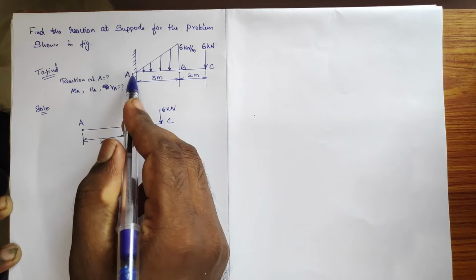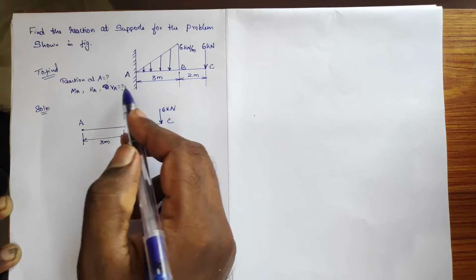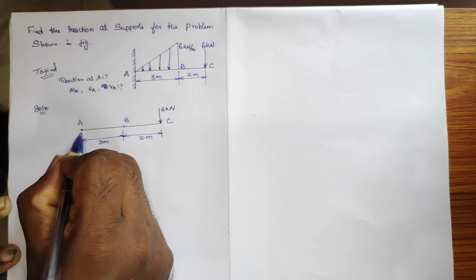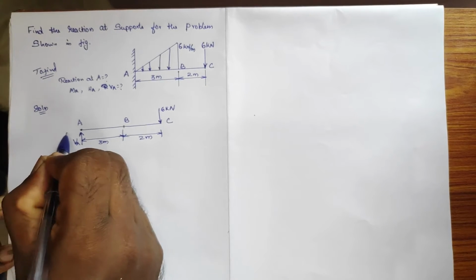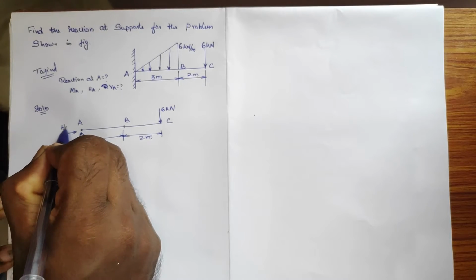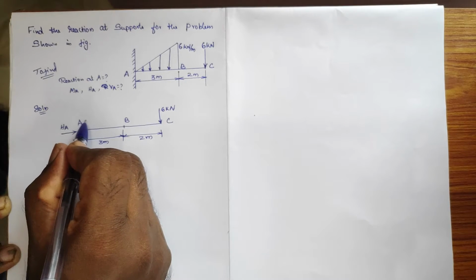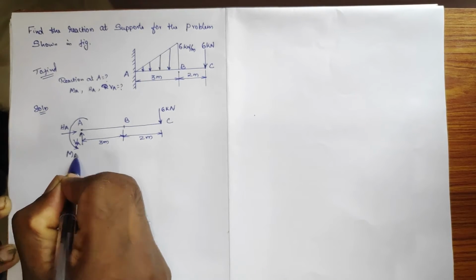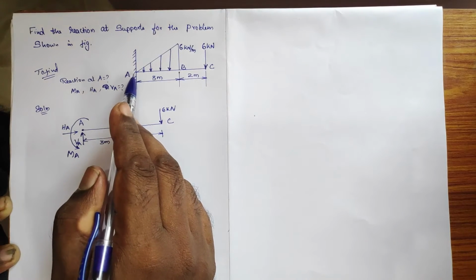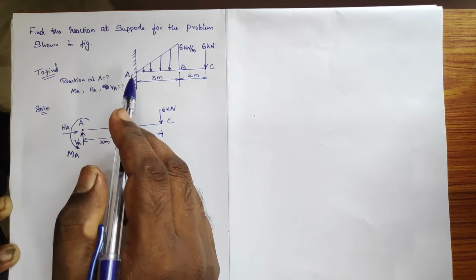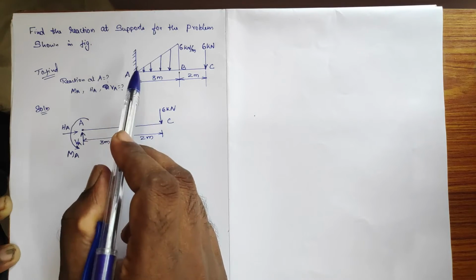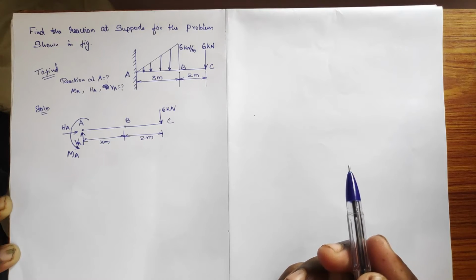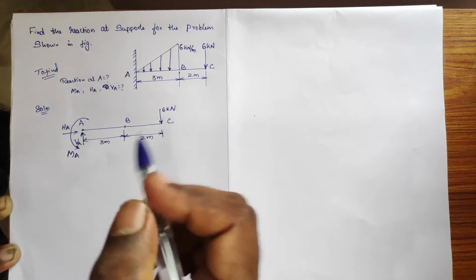First, let me look at this support. It's a fixed support, so three reactions will be there: vertical force, horizontal force, and the moment. This is how the moment will act, so this is the moment about A. Three reactions will be acting. When we had the introduction part, I clearly told you: when you come across a fixed support, there are three reactions: vertical force, horizontal force, and moment. It does not allow movement, so there will be a reaction.